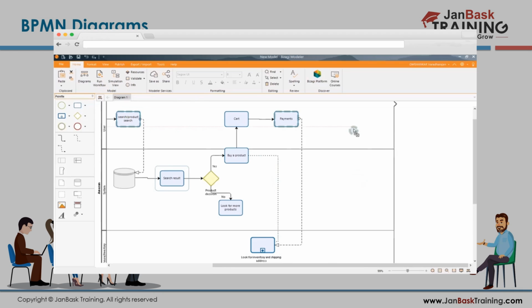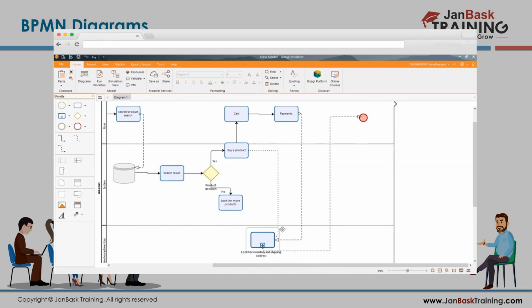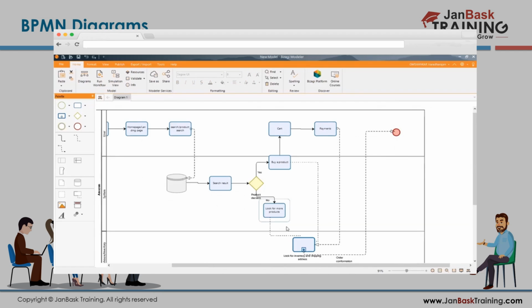And where is this event going to be coming in? At the user level only. An association, now the only association will be there, right? Payments are done, inventory is checked, every detail is in, and we end the event with the notification: order confirmation. Okay. So whenever you're creating such diagrams, you need to make sure you're not leaving any association untagged, right? And even write it up. Let's write it up. Amazon